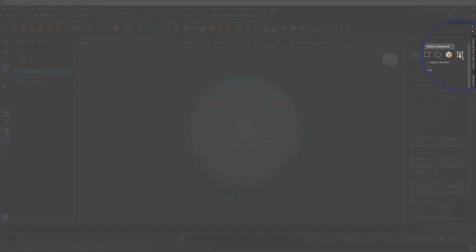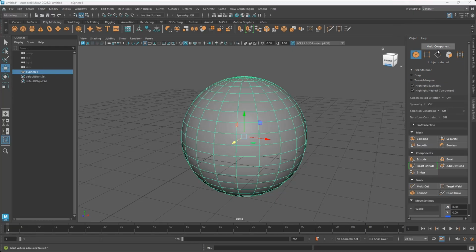But we're not going to take a look at this, so we're just going to take a look at these three. So keep in mind what they are for, but I'm going to be making use of the marquee menu here. So let's say we want to go